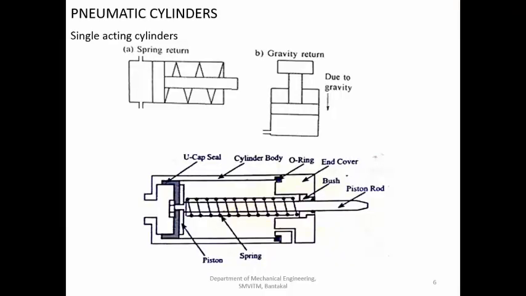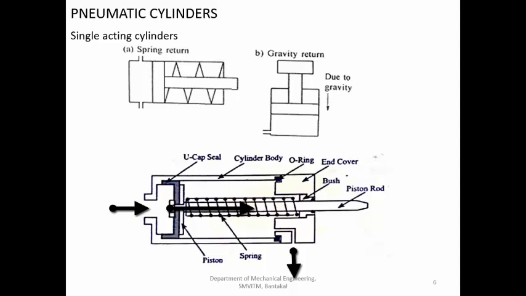So this is another example of the single acting cylinder. This is the main port here. The actual construction is shown with different components. You have the seal here, the piston, and the connecting piston rod, where you connect the load. High pressure air comes from this side. When the air comes, the piston is going to move forward in this direction. Whatever air is present on the other side escapes through the vent. This is only the provision for air to escape.